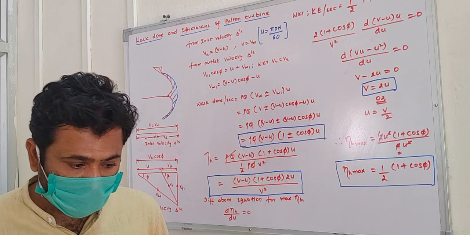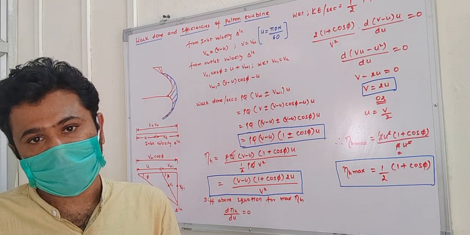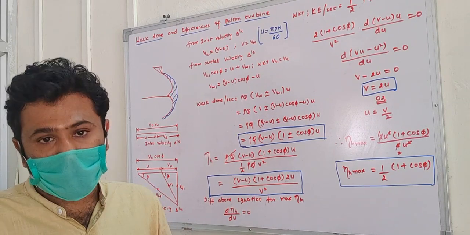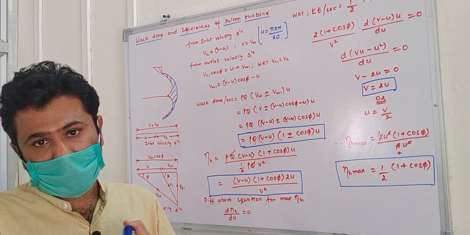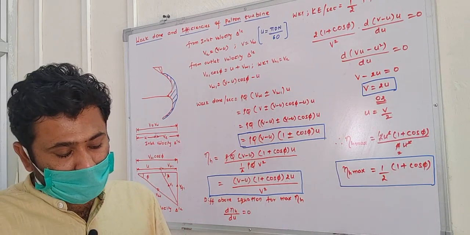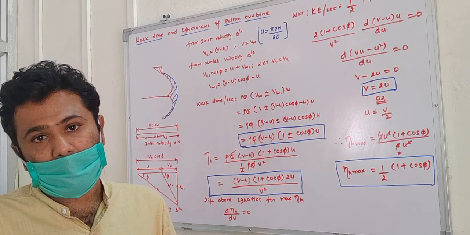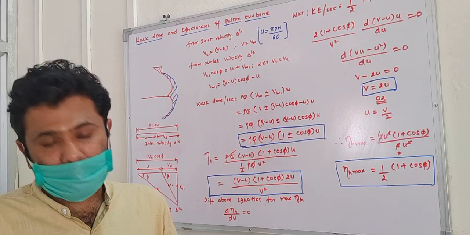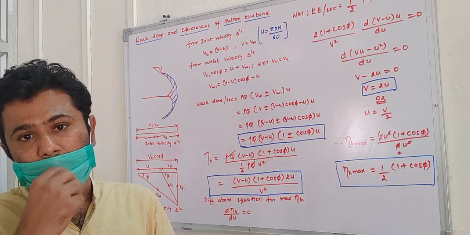Then, while discussing the classification of turbines, there is also one more classification which has been explained to you: how the water enters into the turbine. There are various ways in which the water enters into the turbine. So a tangential flow turbine is there, an inward flow turbine is there, an outward flow turbine is there, and then there is an axial flow turbine. So these are the ways in which the water enters into the turbine, right?